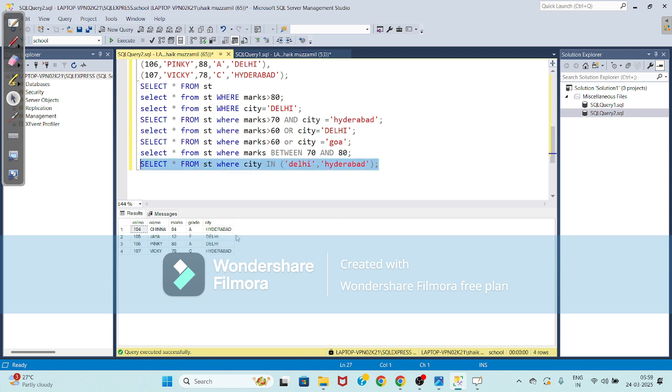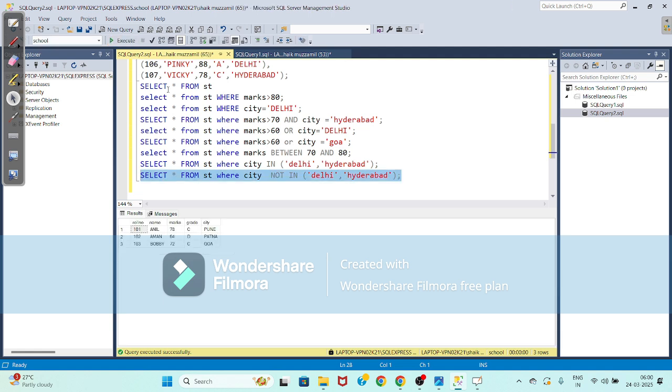So only Delhi and Hyderabad names have been returned here. Okay, now let us execute the not operator. Not in Delhi and Hyderabad. So when you execute this, you will get the names except Delhi and Hyderabad: Pune, Patna and Goa. So these are the names except Delhi and Hyderabad.